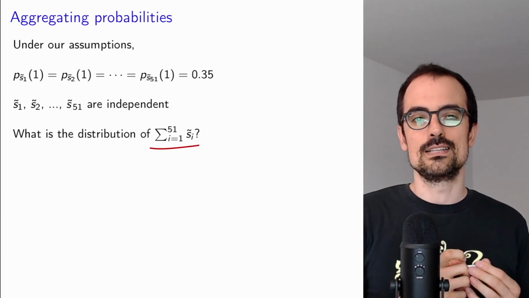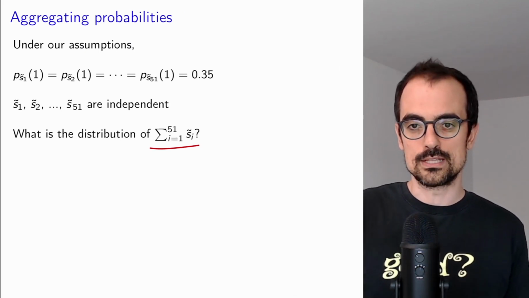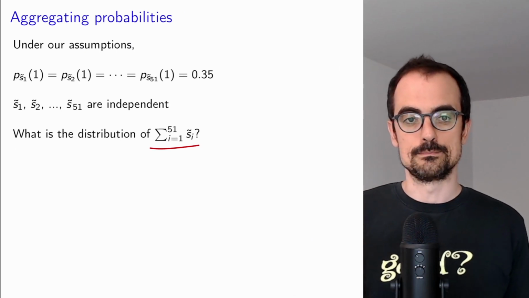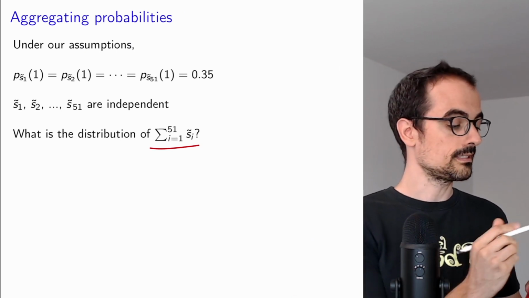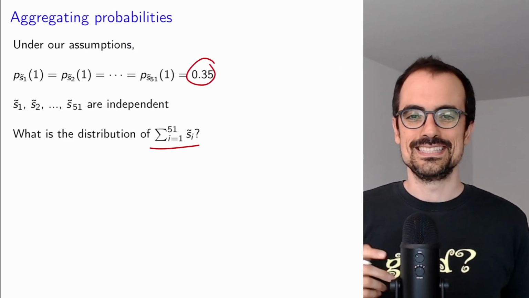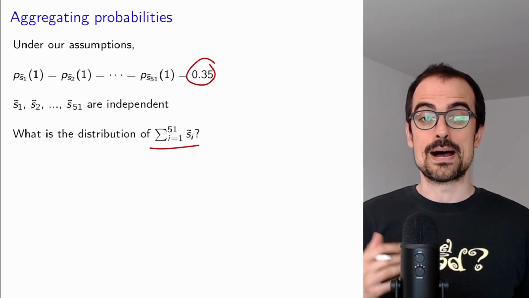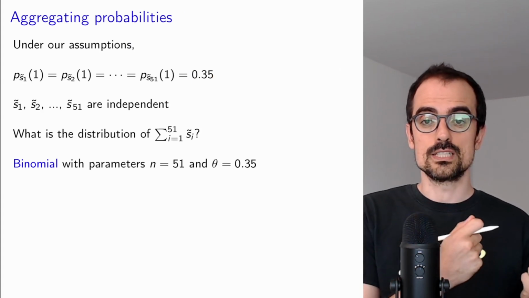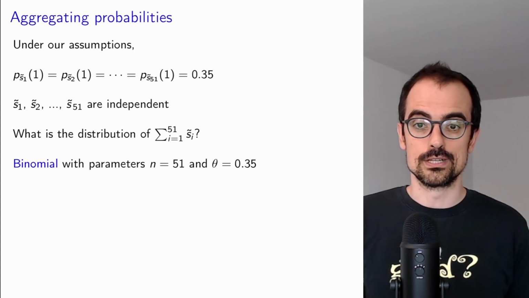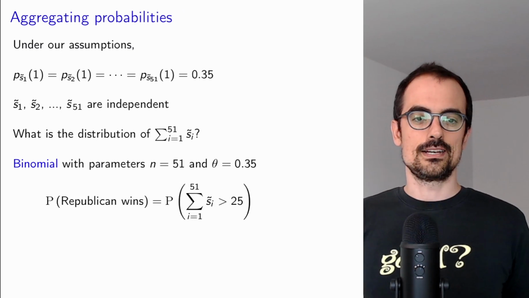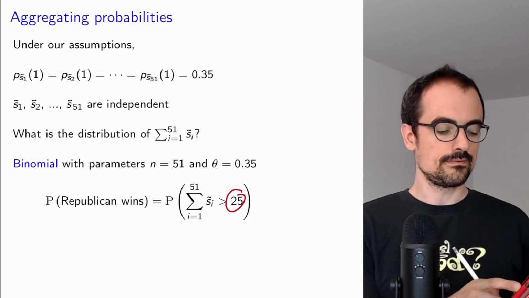You could think of this as if we were flipping 51 coins and wanted the probability that more than 25 are heads, where the probability that each of the coins is heads is 0.35. This might sound familiar because the distribution of this sum is just a binomial with parameters n equal to 51 and theta equal to 0.35. And if we want the probability that this binomial is greater than 25, well, we just need